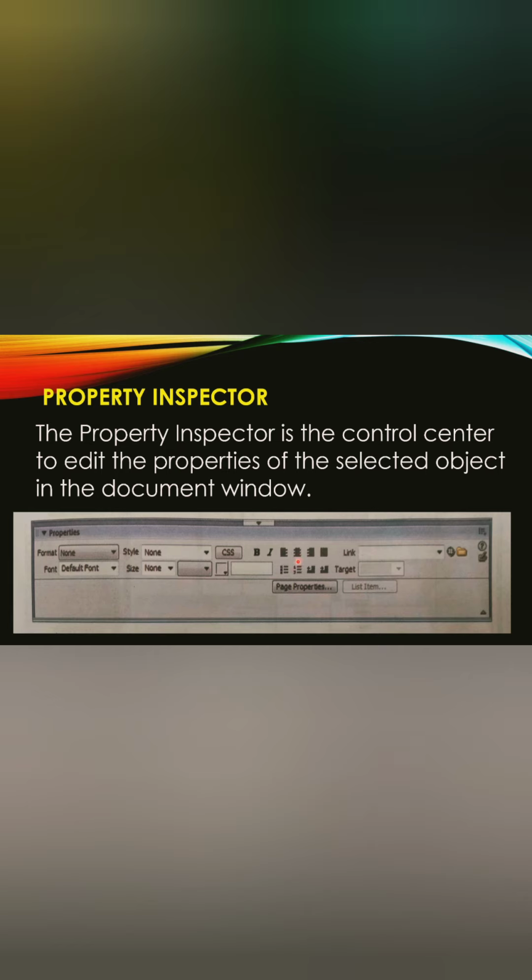For aligning to the middle, you can use this option, and this is for aligning to the right. Okay, like this. Next, numbered list, bulleted list, so many properties are available here. By using these properties, you will be able to control the document. Okay, so that is property inspector.